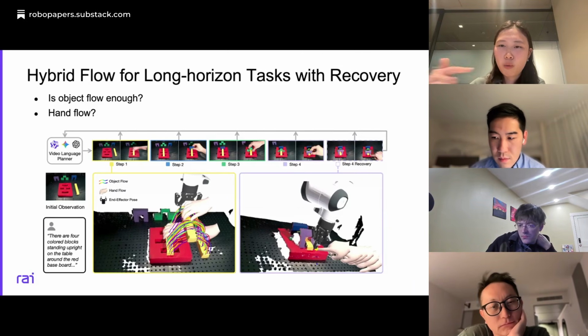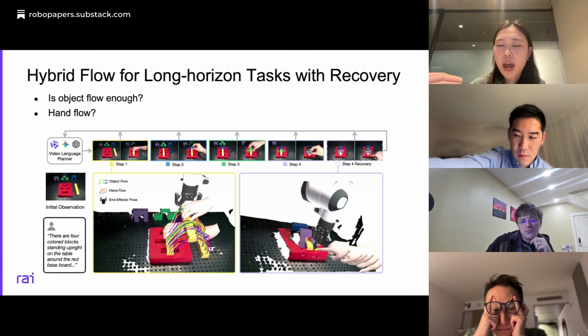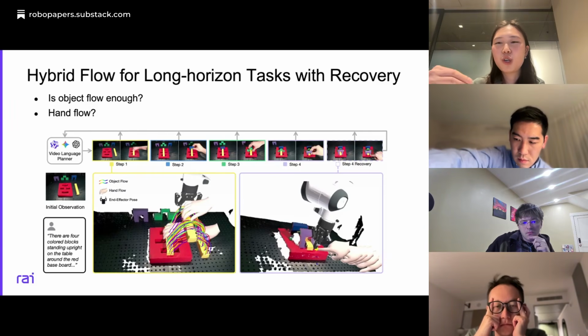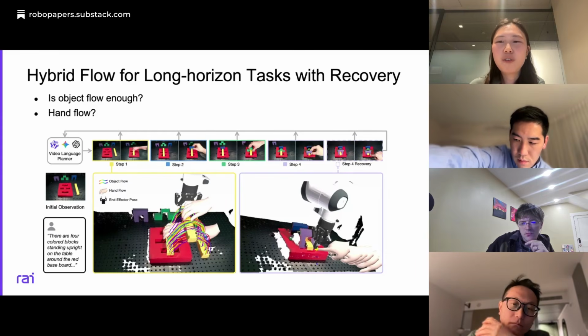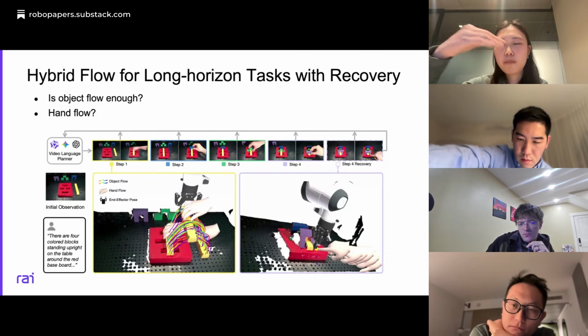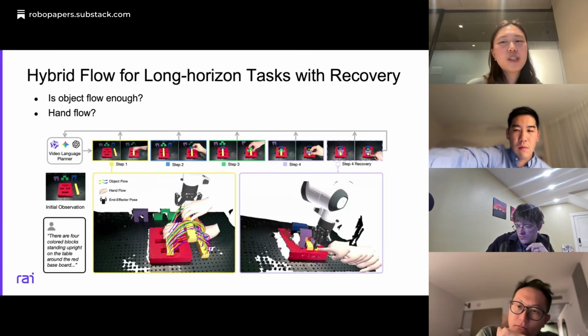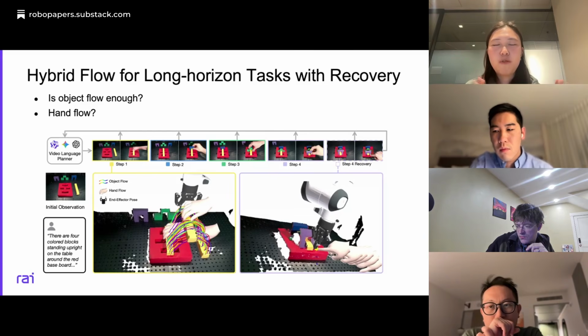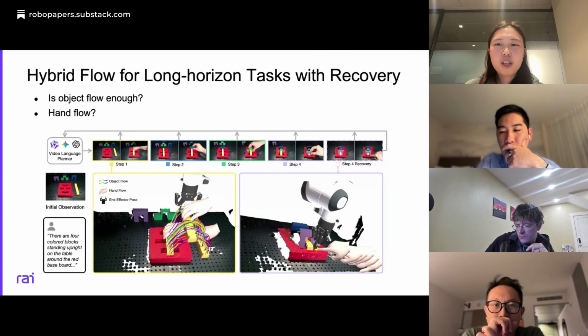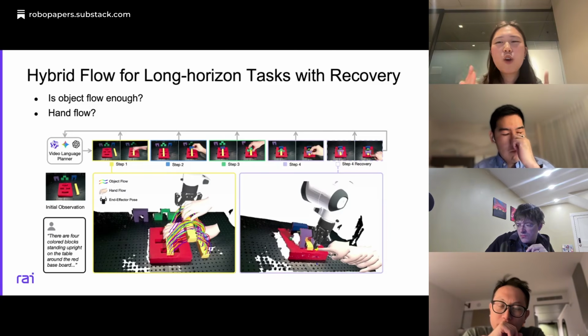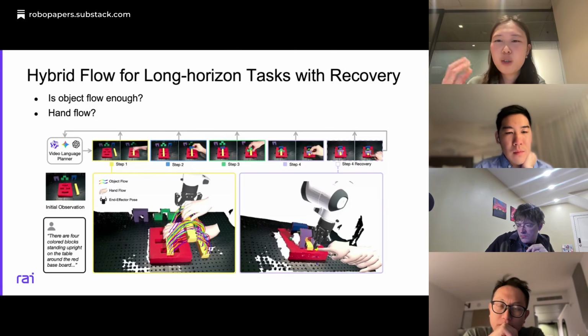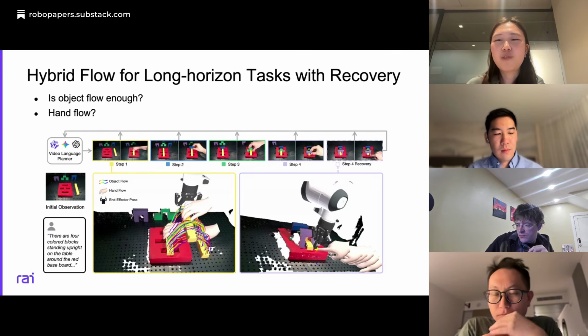But in general, once we get the sequence of hand poses, we can compute, just like the object flow, the series of relative transforms between the different hand poses to apply to the gripper. The motivation for switching from object flow to hand flow, to me, came down to three reasons. The first is that videos using the human hand are relatively stable, because there is tons of internet data that the video model knows pretty well.